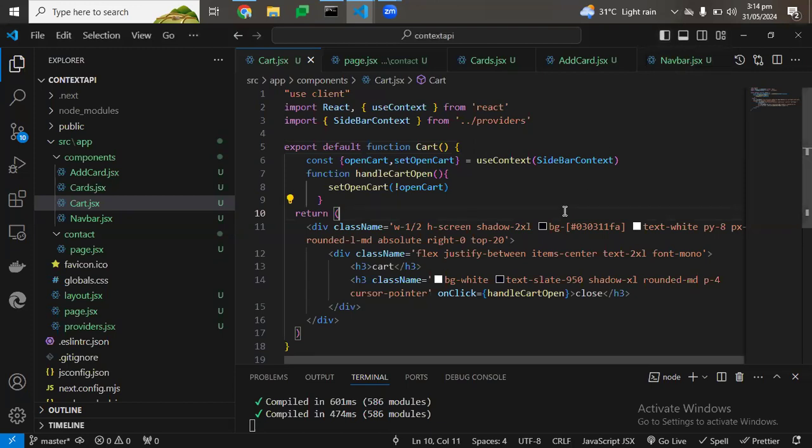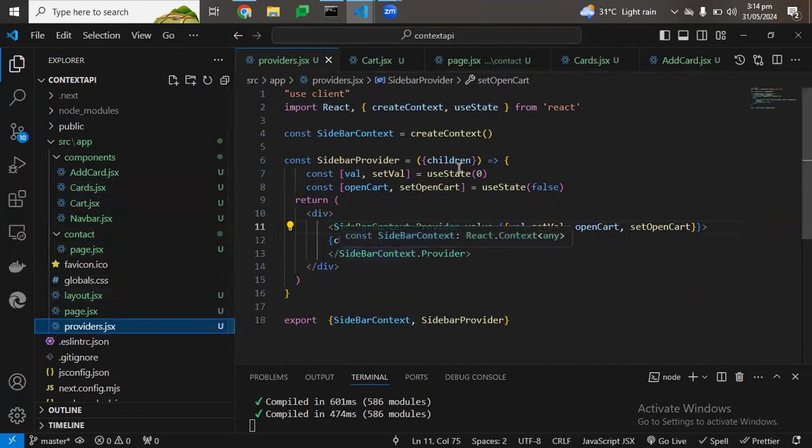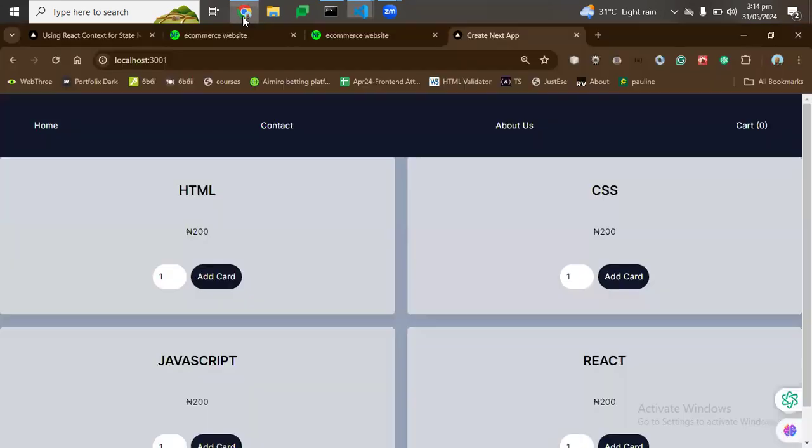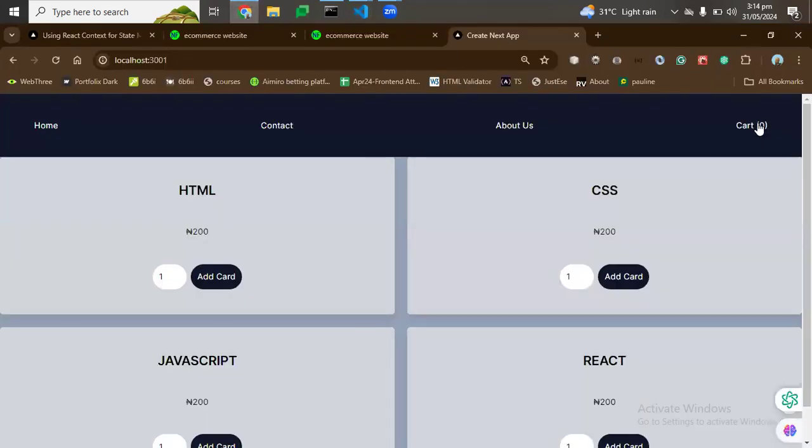Okay, so we continue. All right, so in our providers, we are going to implement add card because for now, our card is not showing us anything. So we want to add something to this card so it can at least show something. So we're going back to